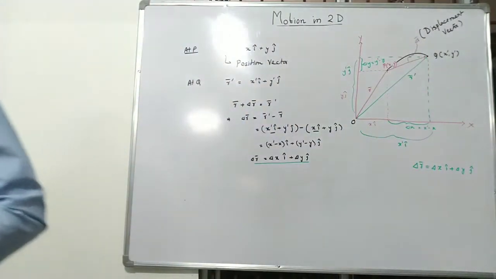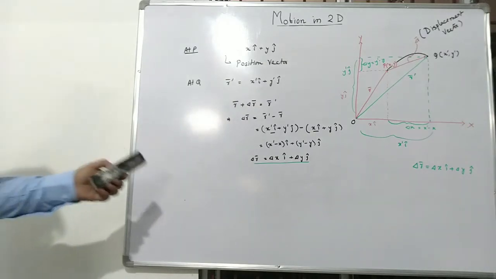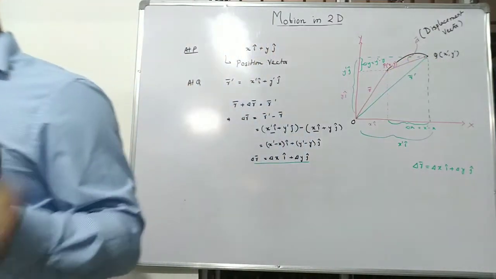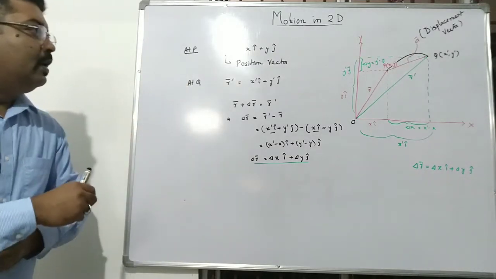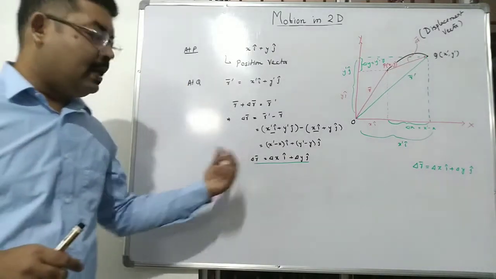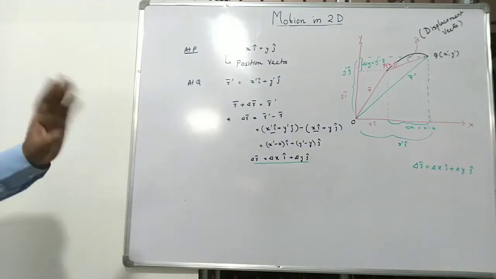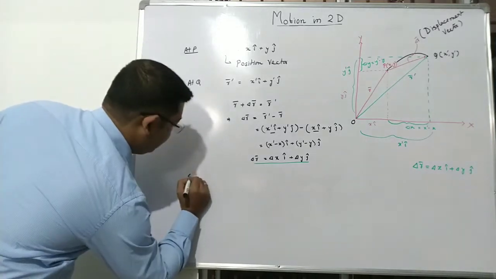Fine. This is the displacement vector. Now we clearly know that for a particle to move from here to here, some time has elapsed, right? It takes time for a thing to move from one point to another. So let us say this displacement delta R has taken place over a period of time equal to delta t. So if delta t is the time taken,